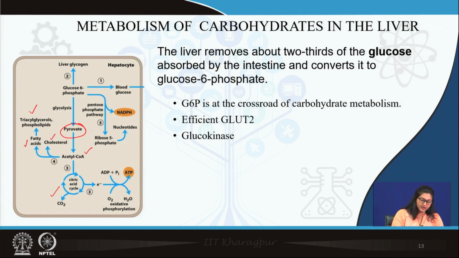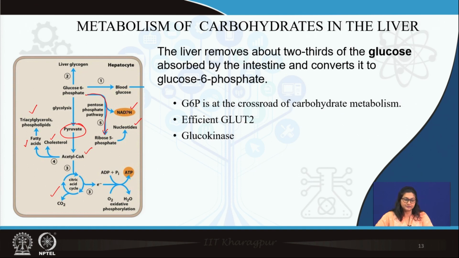Glucose 6-phosphate can also undergo other minor pathways like the pentose phosphate pathway to form ribose 5-phosphate, which further can be utilized for nucleotides, as well as NADPH formation, which is one important reducing agent